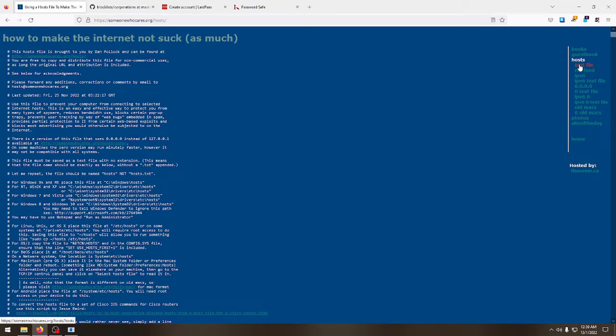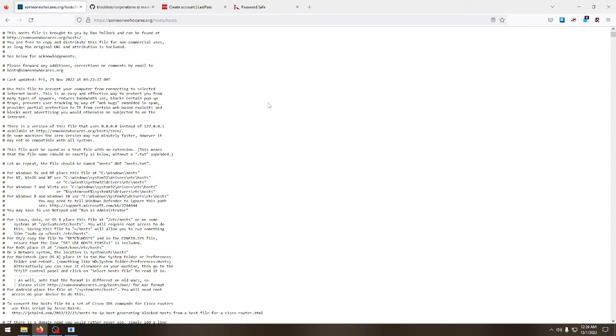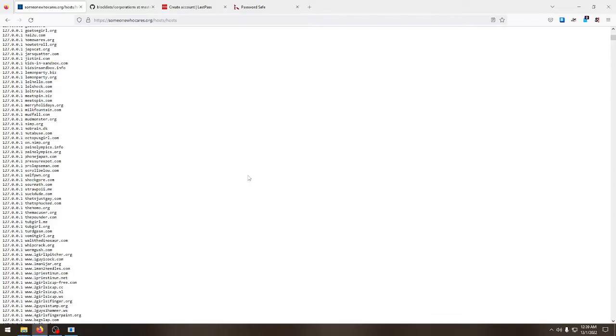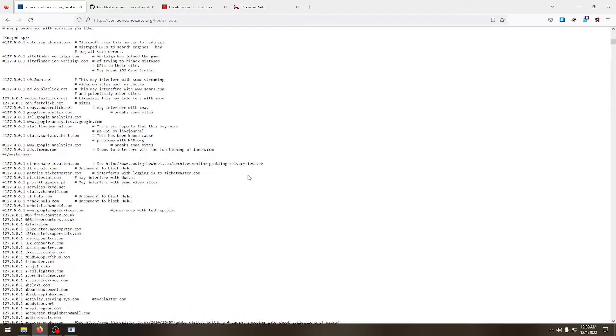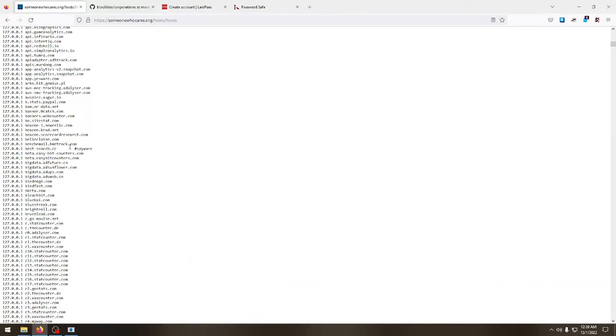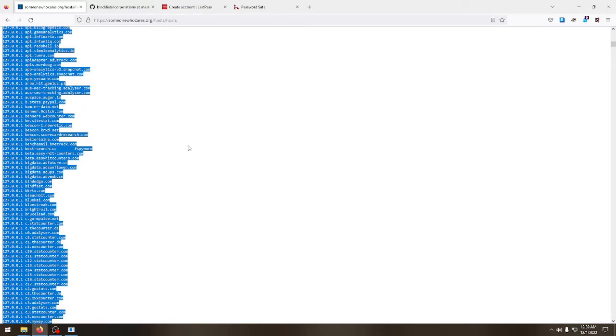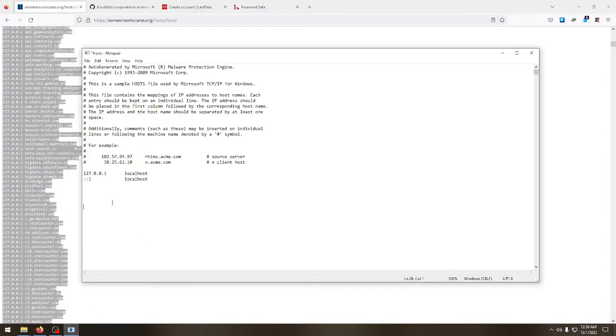We want to go over here to text file because we don't want any markup. We're going to copy this. So now this is a text file. There's no markup. There's no anything. This is just going to go straight into our host file, all of this. So you can click Control A to select everything, Control C to copy, and then what we're going to do,